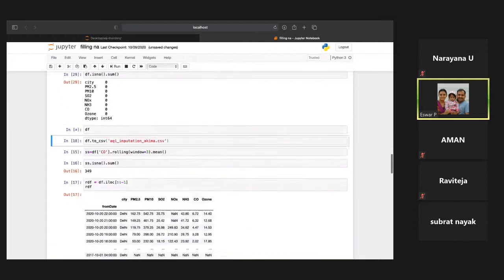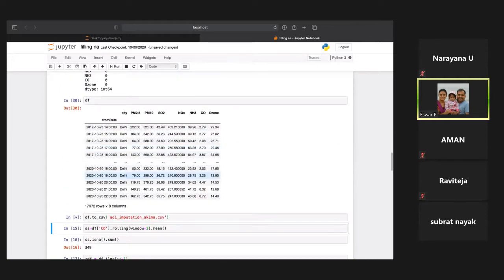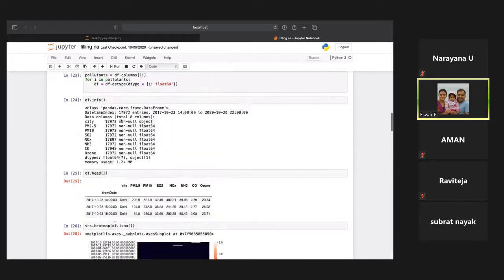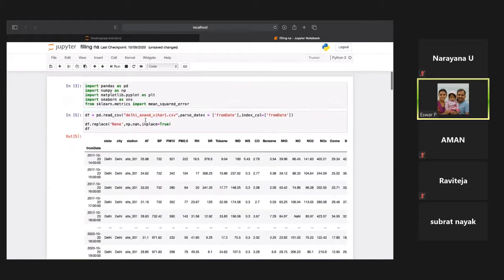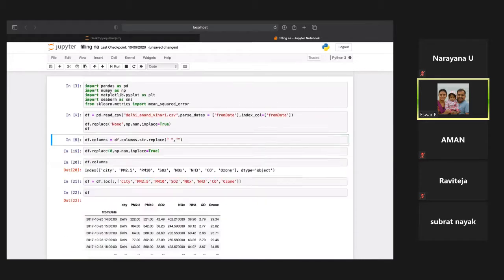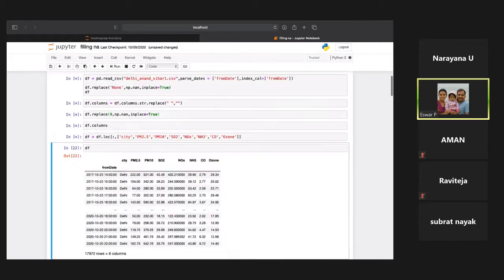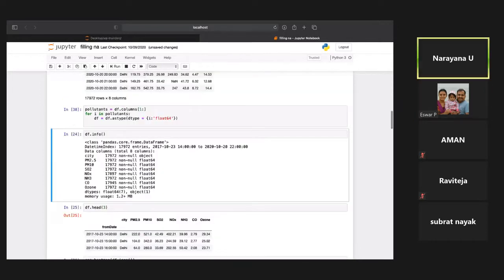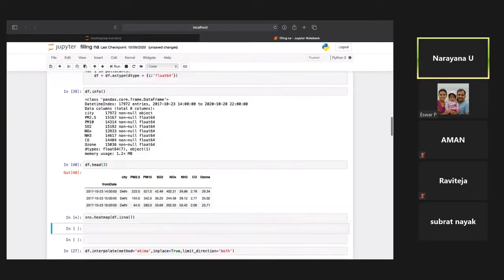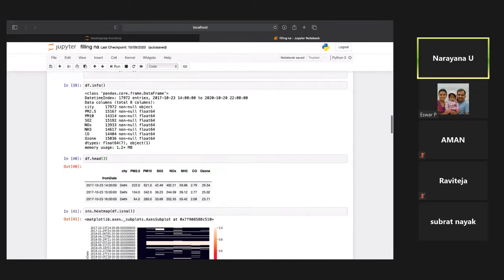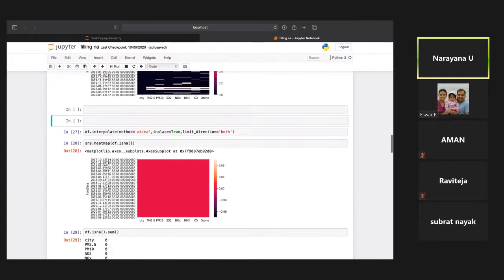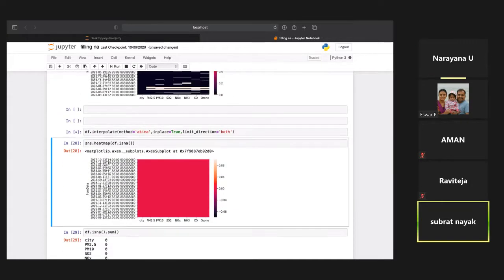Make sure that you are reading the data frame and then filling it up. You have df everywhere, right? In the last cell you have a data frame with all null values and again you are rerunning it. Instead of going one by one, you can run all at once, right? Sir, I have some other code below. Okay. Sorry.